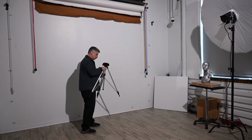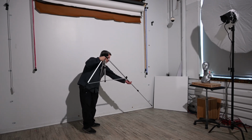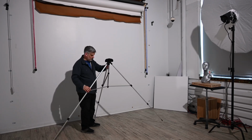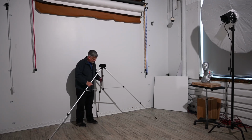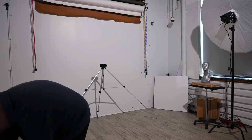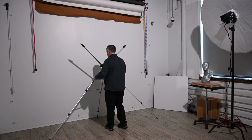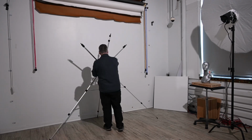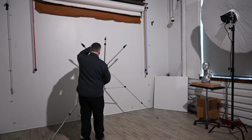I'm setting up the Westcott X-Drop Pro. I really like these backdrops. It seems strange to have it when you have that white paper behind you, but I love the texture of the Westcott backdrops, that furry, if you would. I don't know what it is. It's like a bed sheet kind of material, like the fuzzy bed sheet. Anyway, I'm setting that up first, and